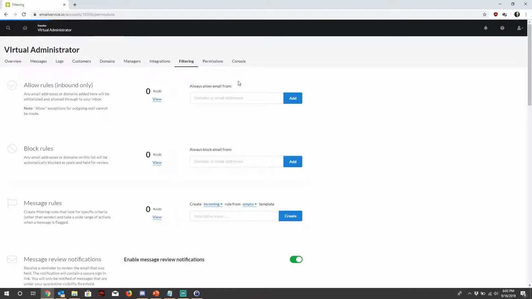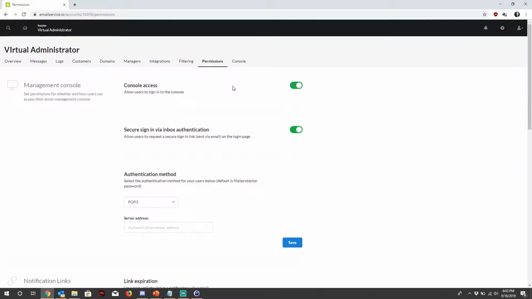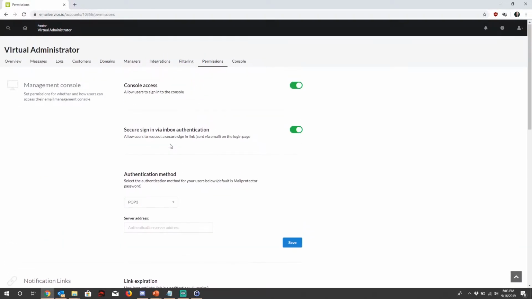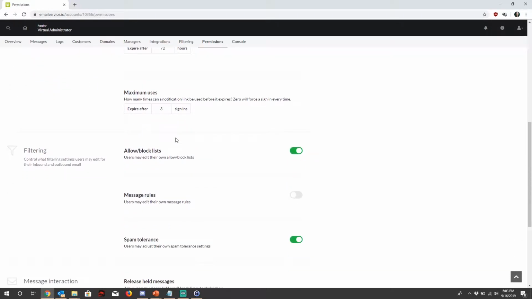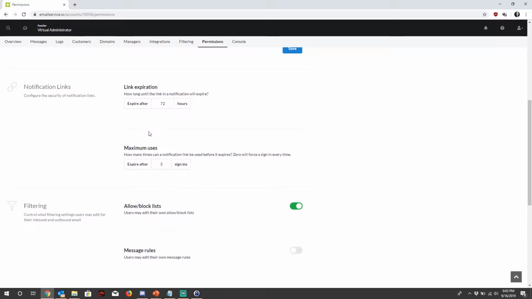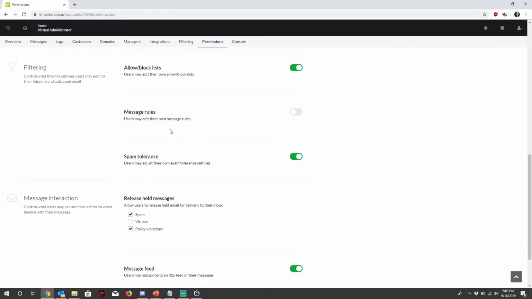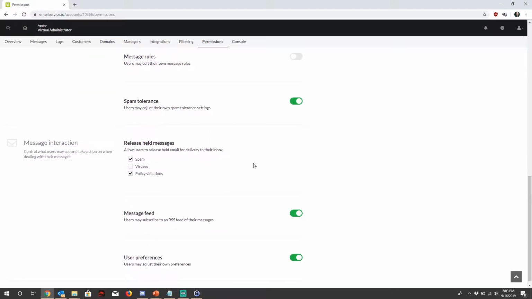The next thing you'll want to do is go to permissions. Most of this stuff under permissions is pretty straightforward. You can choose things like console access, how many times people can click notification links in their quarantine emails, message rules, spam tolerance. But an important setting that we recommend that you uncheck in here, under message interaction, recently held messages,